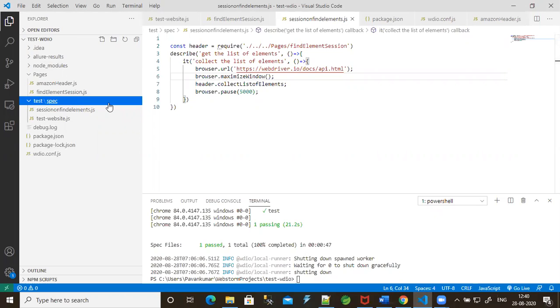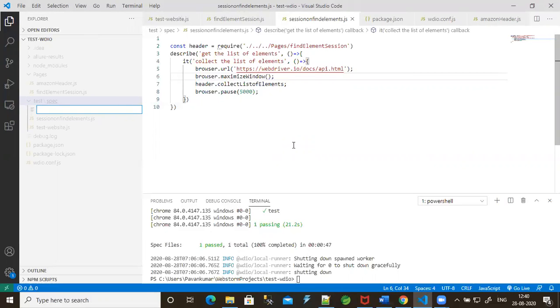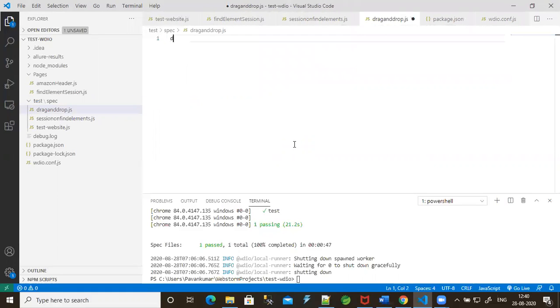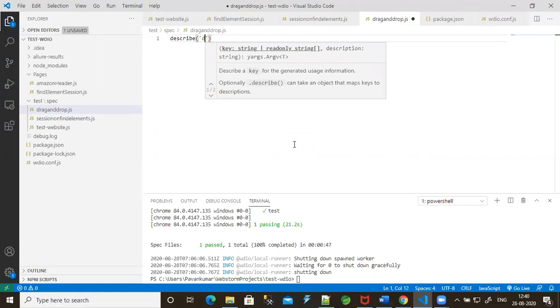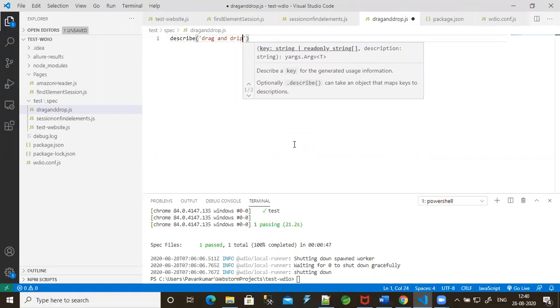Let me create one JS file. I'm going to name it drag and drop.js. I'm going to give the message as drag and drop session.